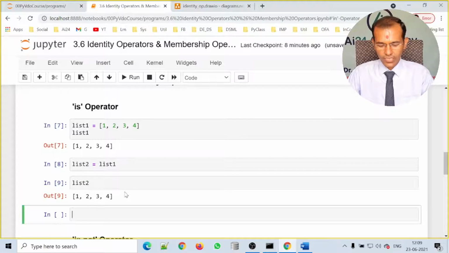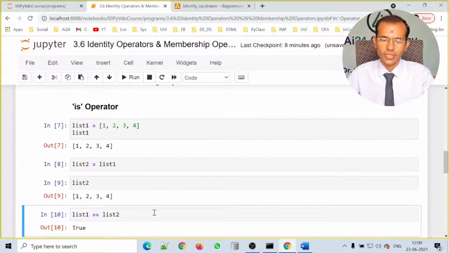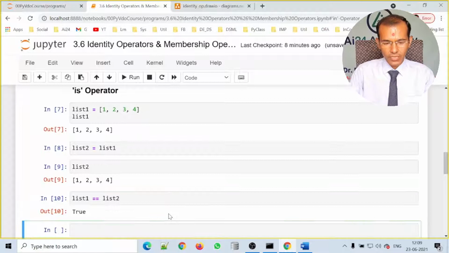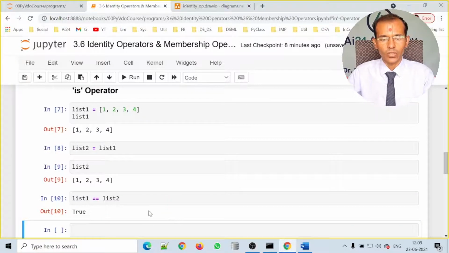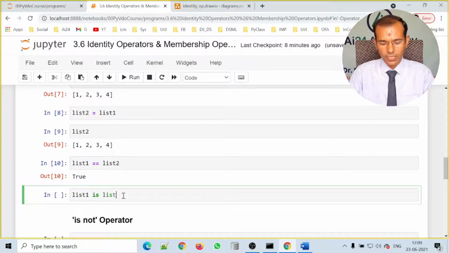Now if we check list1 equals list2, it should return true because the content of both the lists is the same. Here the equal to operator is used to check whether the content of both is the same or not. But the is operator, that is list1 is list2, also returns true.